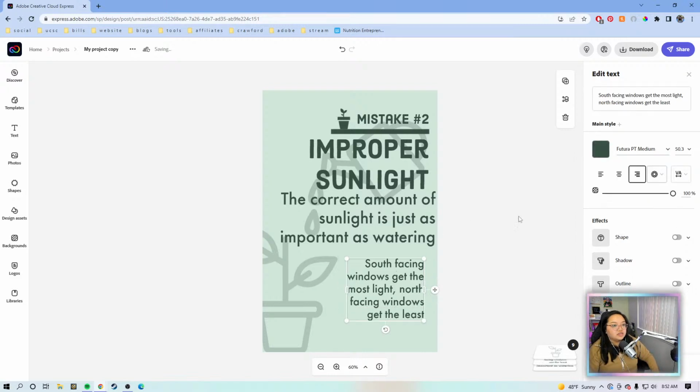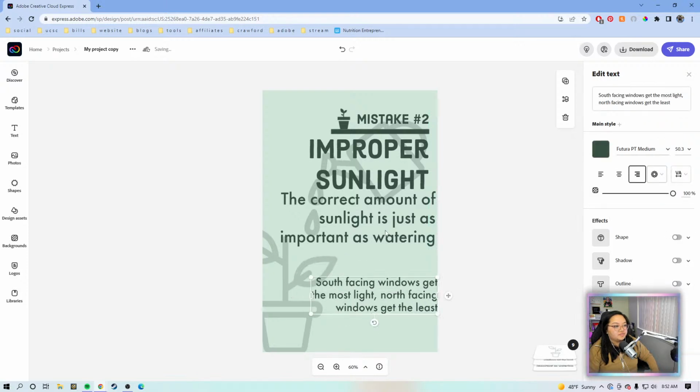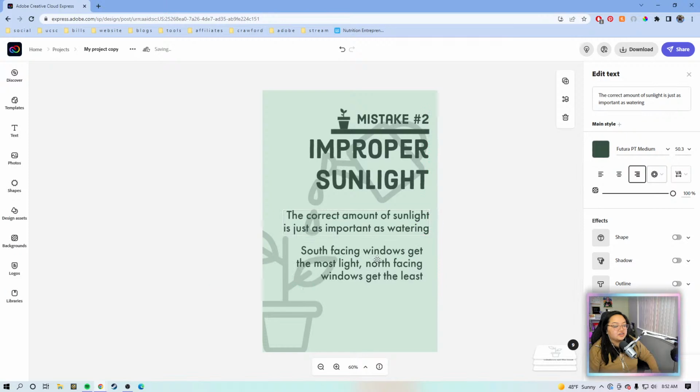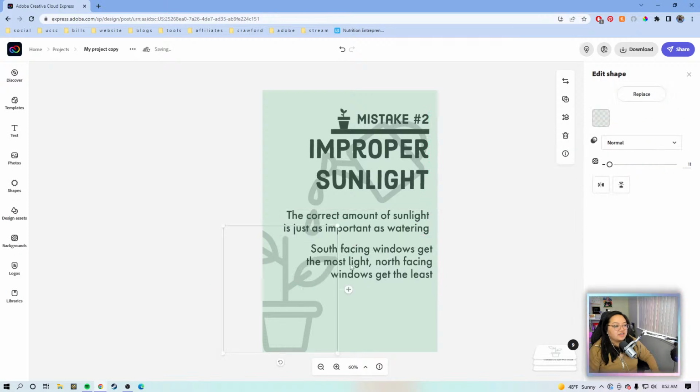Okay, so now we're going to resize everything. Oh, what's the size of this? 50.3. 50.3. I love that it has the fonts that are in the current template saved at the top,